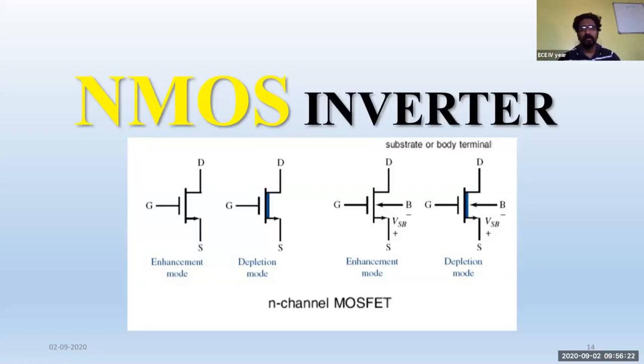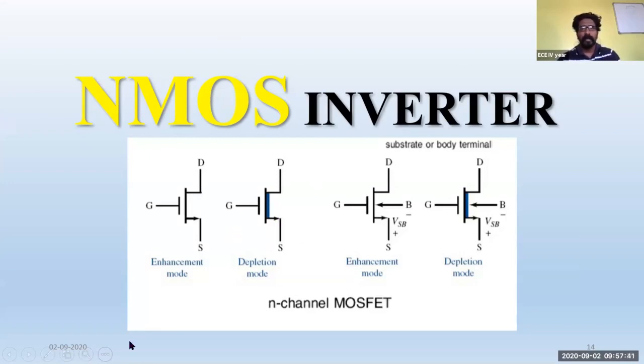Now see how the enhancement mode transistor looks. The difference between the enhancement mode and depletion mode transistor is that for the depletion mode transistor, a thick line is drawn at the gate terminal. This is a darkened part, whereas for the enhancement mode transistor, you will not have a darkened part. That is the main difference. We have seen what is meant by enhancement mode and depletion mode up to now.